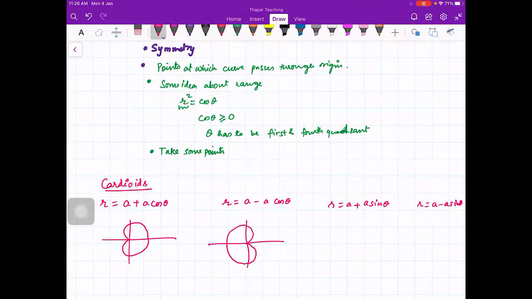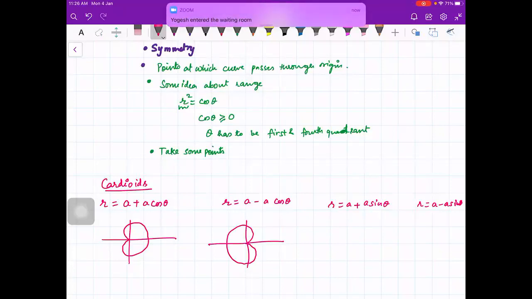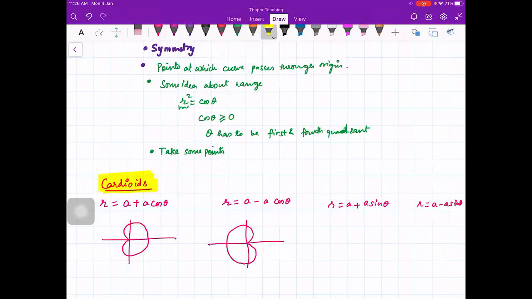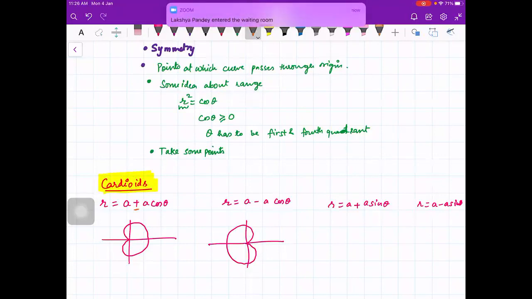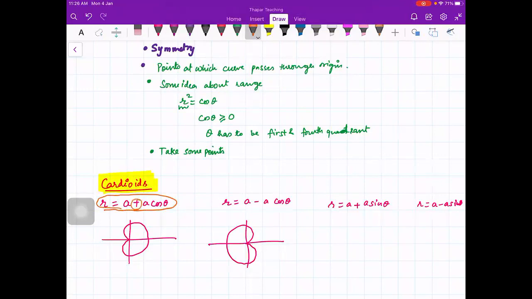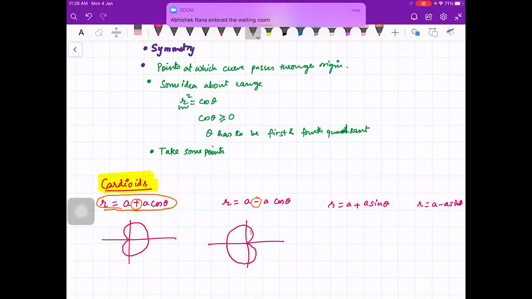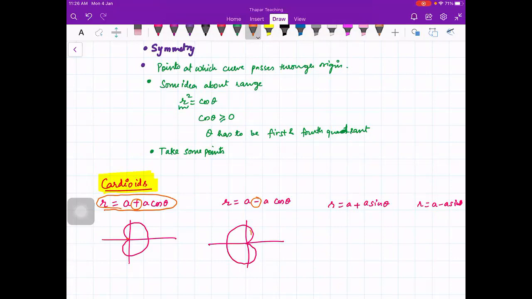It is not necessary that you have to remember the shapes, but because these are very standard curves, it is always useful if you remember them. For example, if you have a positive sign, and cos theta is associated with the x-axis, just to remember, it means that your cardioid will be along the x-axis, and plus sign means its face will be towards the positive x-axis, and minus sign means its face will be towards the negative x-axis. There is no logic. You have to plot if you want to see how this curve is plotted from this equation.